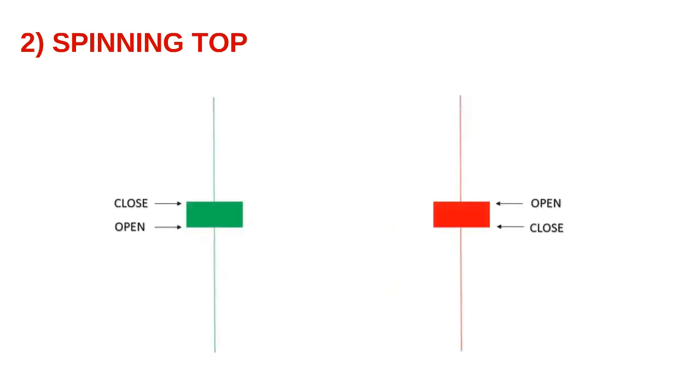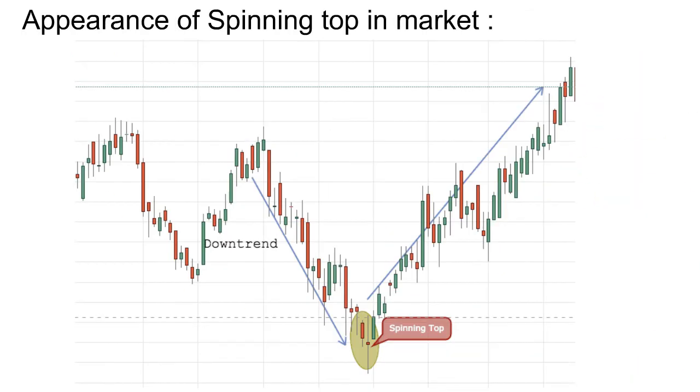Second one is the spinning top. There are some candle patterns which give the trader a clear trading signal, but the spinning top is not one among them. Instead, the spinning top provides information about the current situation in the market. The open and close points are closer, so it has a small body, indicating low intensity in the trade. Also, the upper wick and the lower wick are of the same length. It means both the bulls and the bears attempted to drag the market towards them, but neither of them was successful. This also creates uncertainty or indecision in the market.